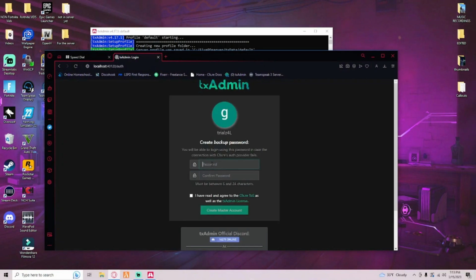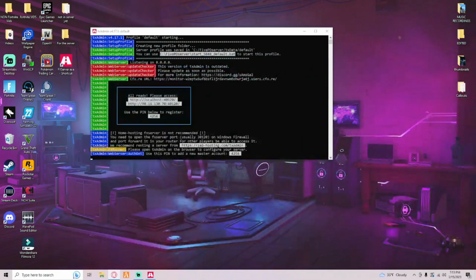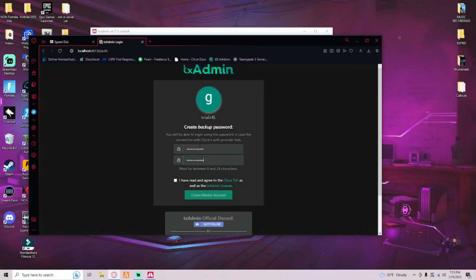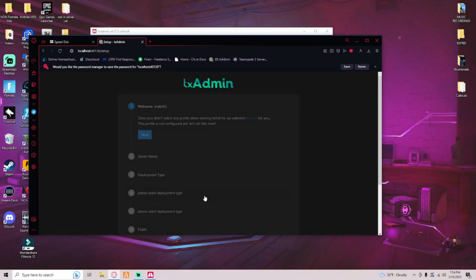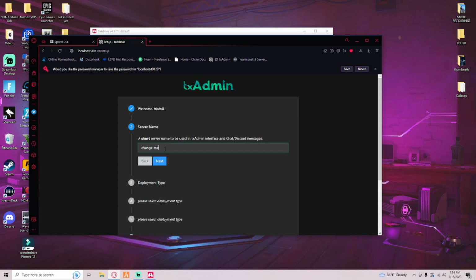Do that. And I'm going to make the password. Okay, after you got your password in there, you want to click, yes, I have read and agree to the license, all this. Click that, and then create master account. Now what you want to do is put this in here to change me, and then put in your server name. Mine's going to be Pine Tree State